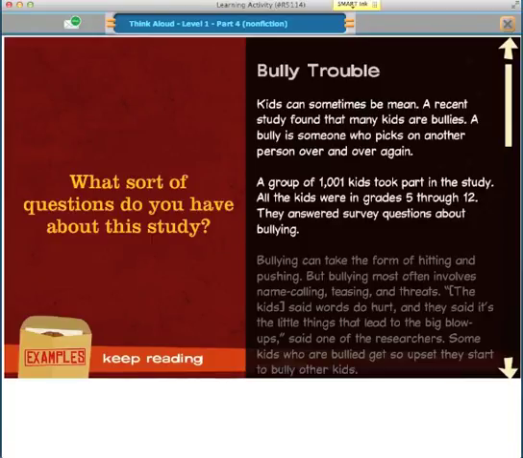So here you can see from the beginning list, one of the strategies that students should be doing while they're reading is to formulate questions. And so this gives the student a pausing point to be able to say, oh, I have a question, and then move on. So it's modeling that for you. And also you have the examples of other students if you want to show.